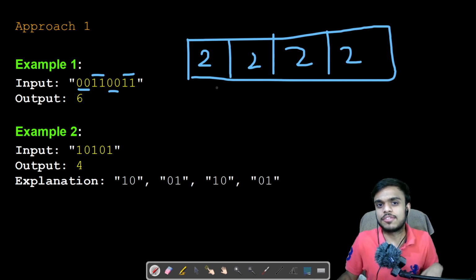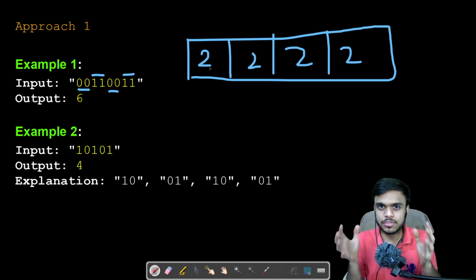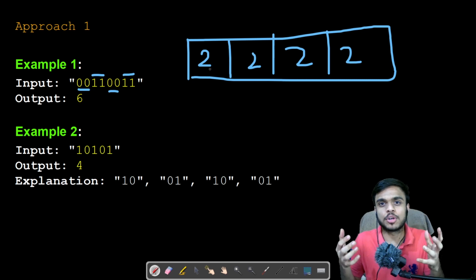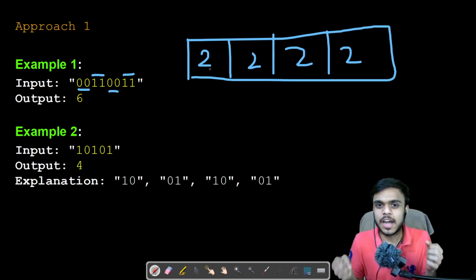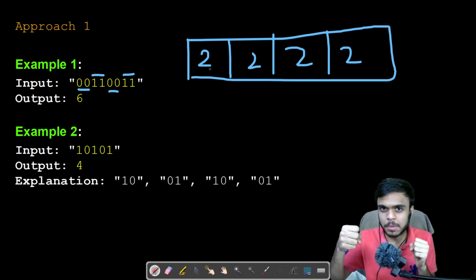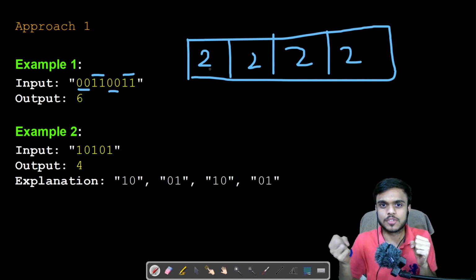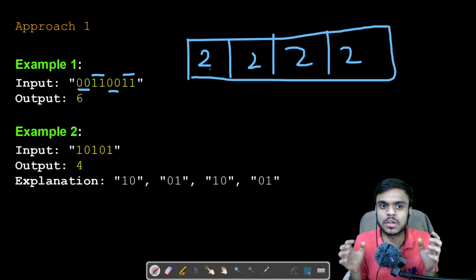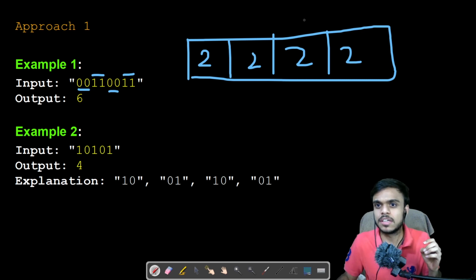After that we compared two consecutive groups and found how many substrings are possible. While comparing two, we took the minimum and returned it. So this would be O of n time complexity and O of n space, because we are using an extra vector to store the counts.